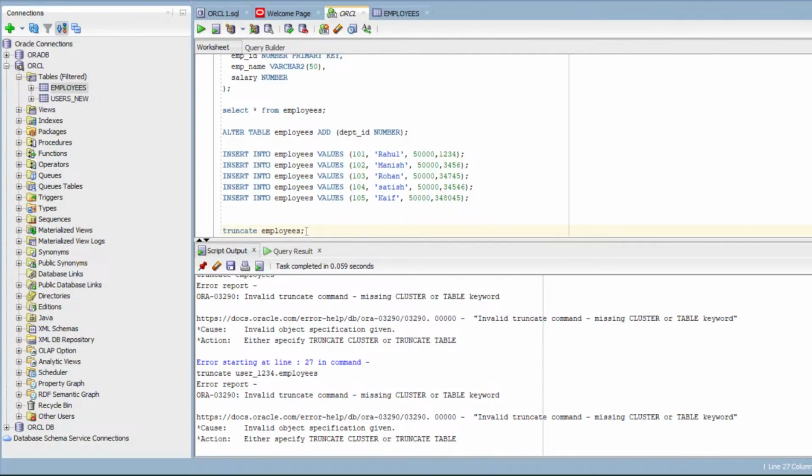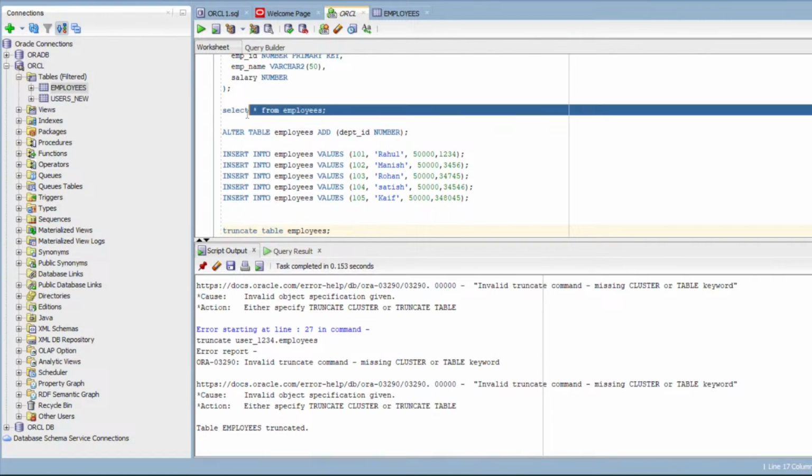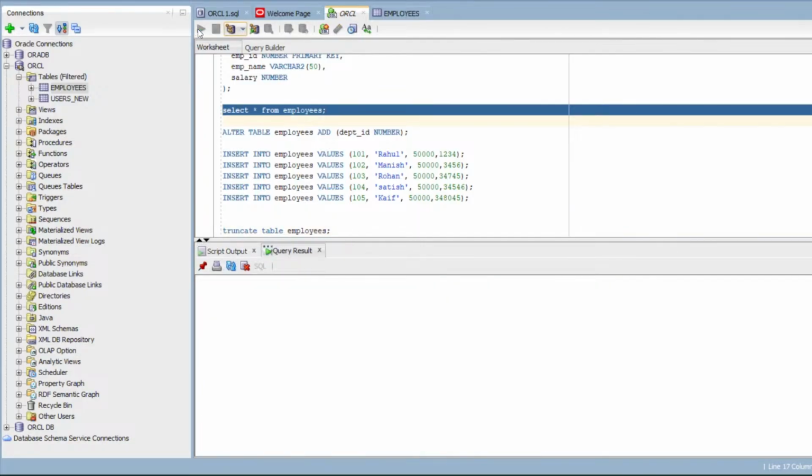Sorry guys, actually we use truncate table and then the table name. That is the command. Now you can see our employee table is truncated. Now if you check the table, that is the command that